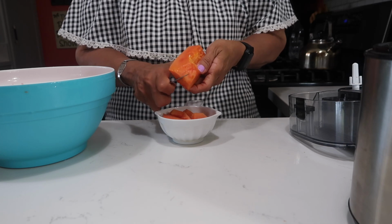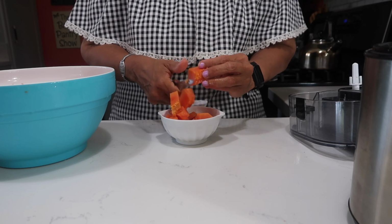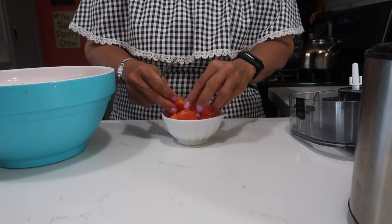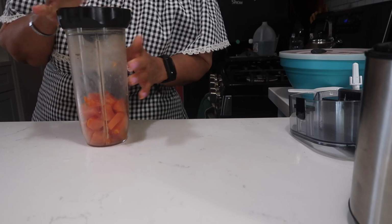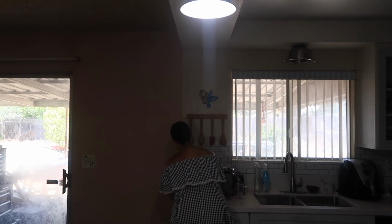So this is all you're gonna need: a cup of fruit, any fruit that you like, but it's not gonna go well with grapefruit and oranges and watermelon and that type of stuff. You know, banana, papaya, peaches, strawberries, and stuff like that will make a good frozen yogurt, right? So I'm gonna go ahead and blend the papaya by itself first in my little NutriBullet over here, and then